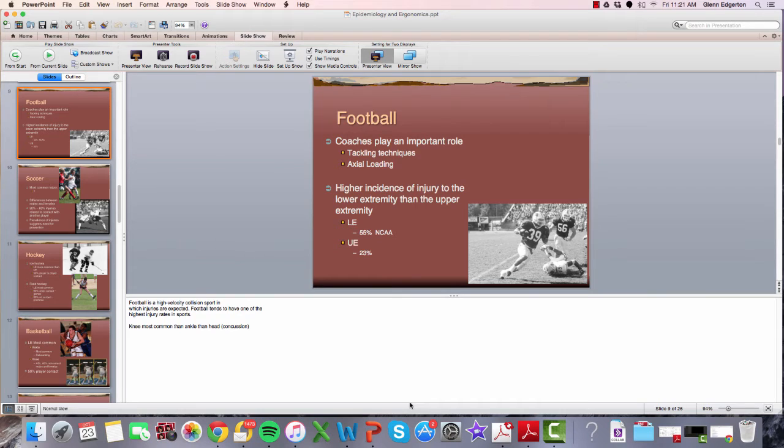So I'm going to spend some time here going over just some of the stats and some of the things that come out of this epidemiological research, or some of the things that have been found to be important looking at the data of this type of research. One of the things that comes out of this research is that coaches play an extremely important role in preventing